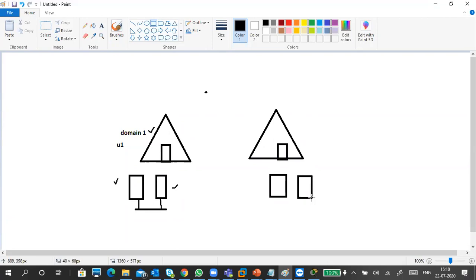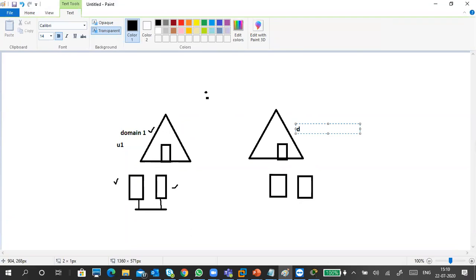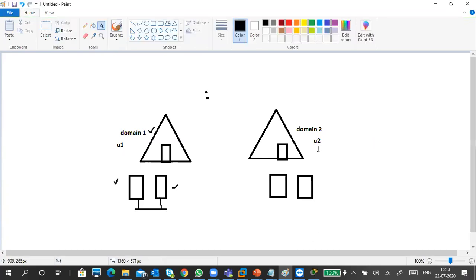I have another domain in the same forest. That domain name is domain 2, and it also contains a user called user 2. U2 is a user in domain 2. Okay, now we'll draw something on it.